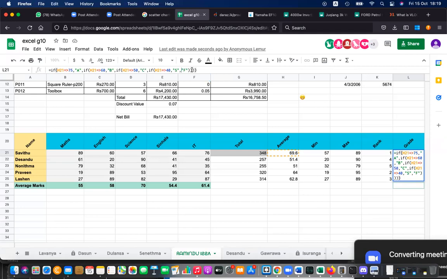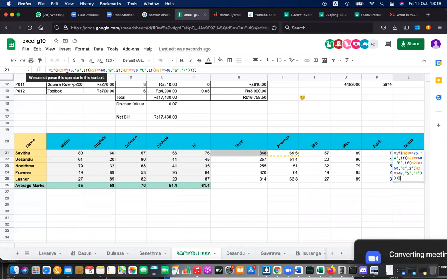Automatically they are less than 40 and you can give like that, and that is the way. And so you're getting an error here. I think the error is A, 60 B, 50 C, S, and then F. Okay, that's not the error. So any other mistake?